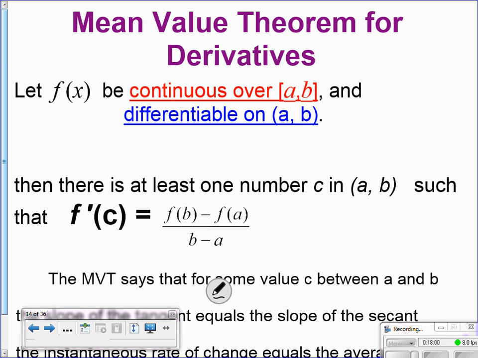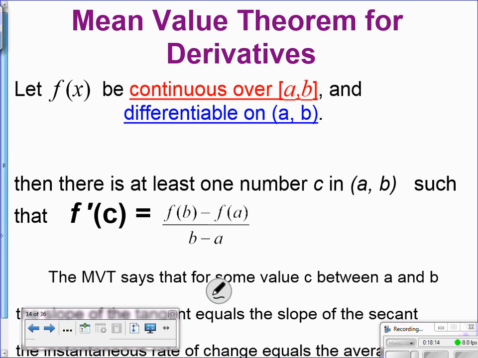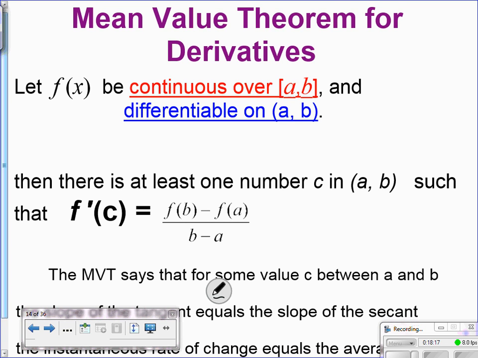All right, so let's see the mean value theorem. Just remember, whenever you hear the mean value theorem, mean doesn't mean mean. What does it mean? Average, right? What the mean value theorem says is that as long as your function is continuous over a closed interval, so your speed doesn't jump from one value to another, and it's differentiable, so it's nice and smooth, no corners, cusps, or vertical tangents,